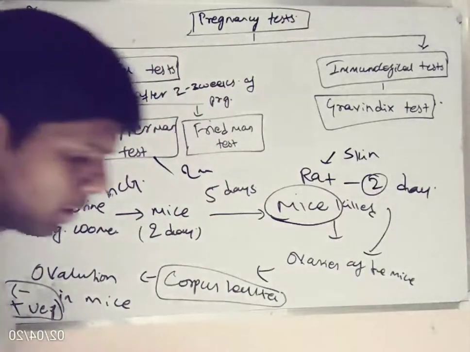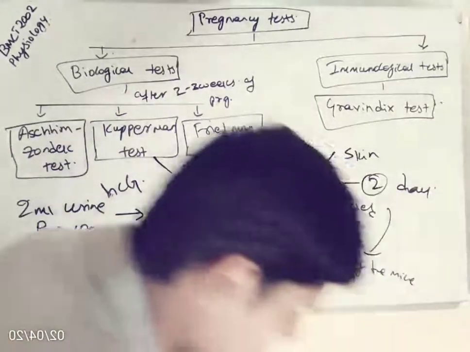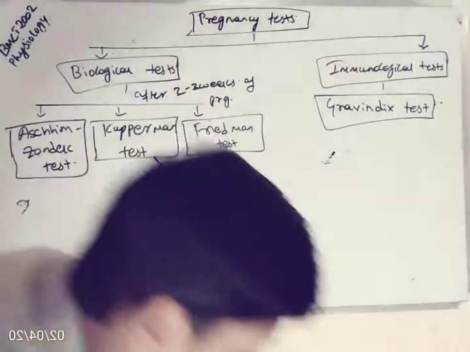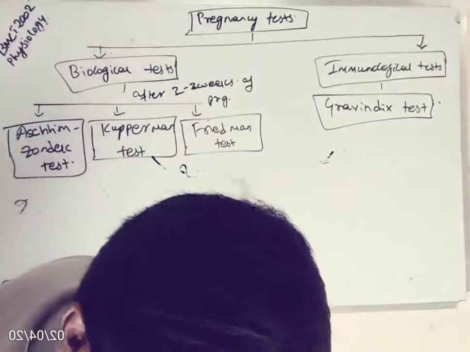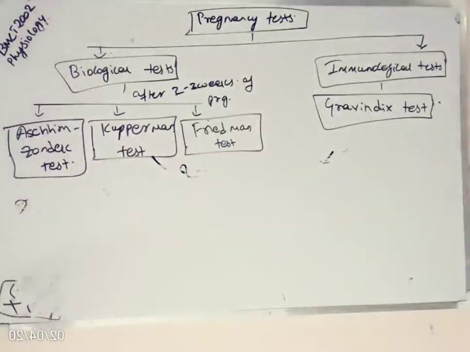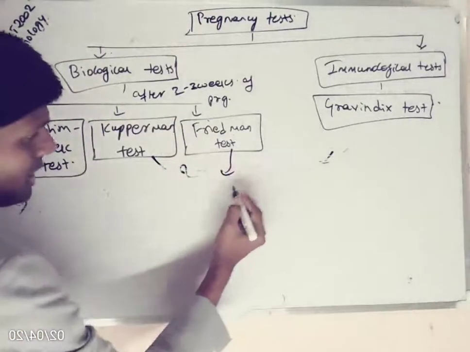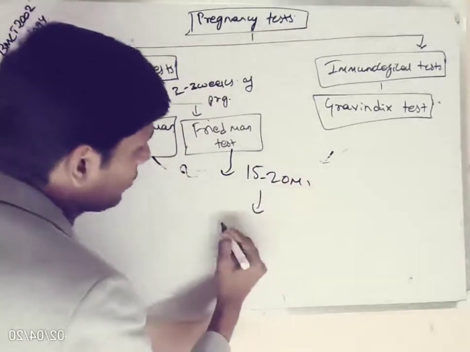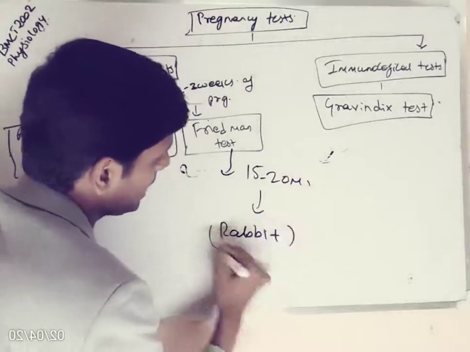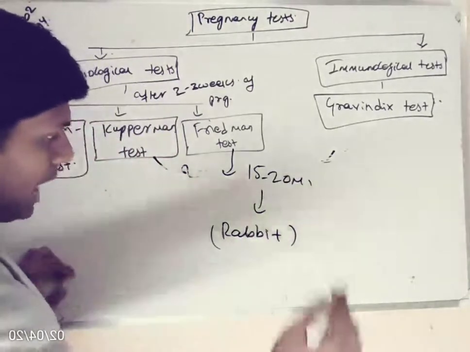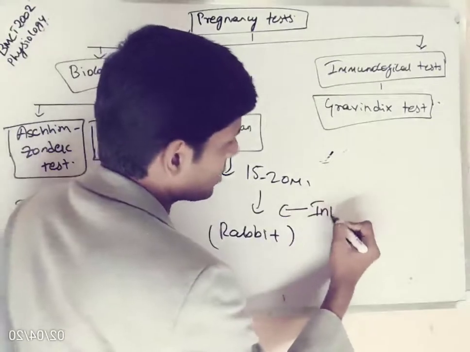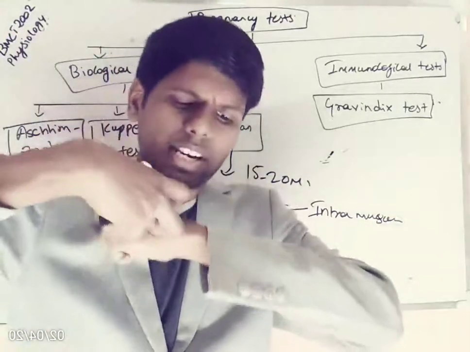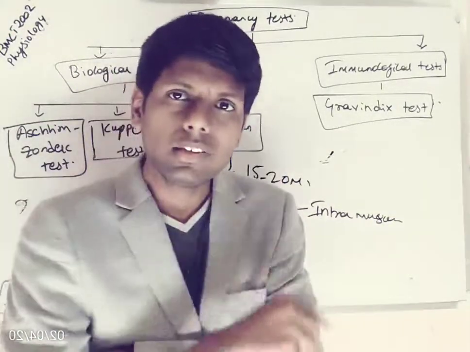So we have one more test called the Friedman test. In the Friedman test, he took 15 to 20 ml urine, and this urine was injected into a rabbit. Literally he injected urine into the rabbit, via what route? Intramuscular. So he injected 15 to 20 ml of urine into the muscle of the rabbit. After 48 hours